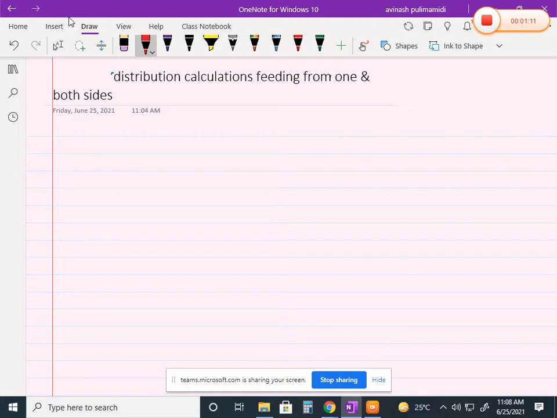So the question will be feeding from one side. So feeding from one side, the question will be given like this: DC distributor,